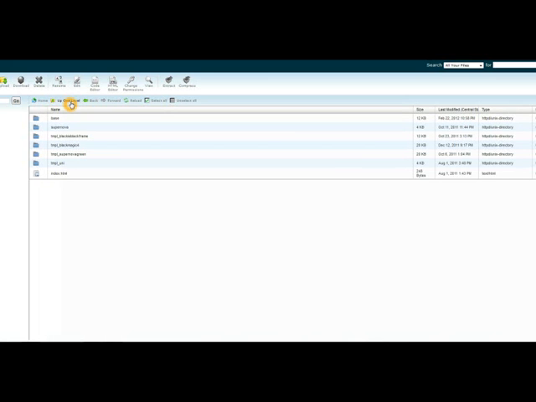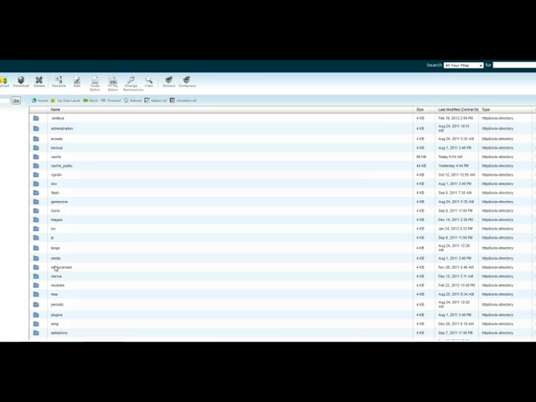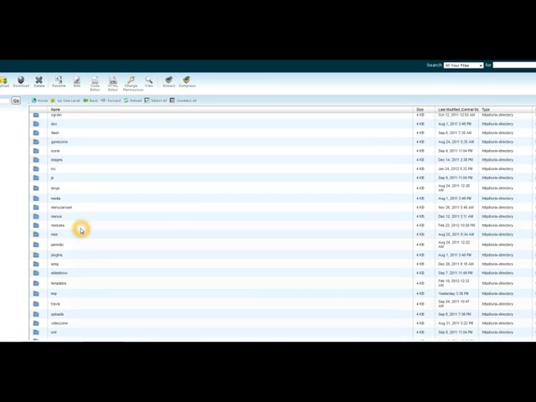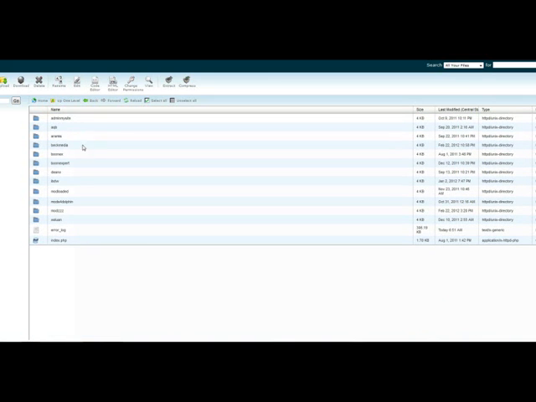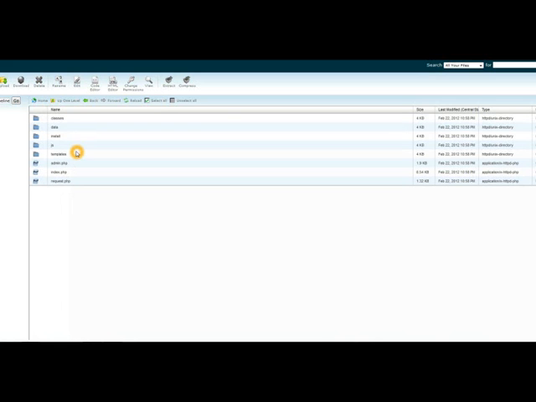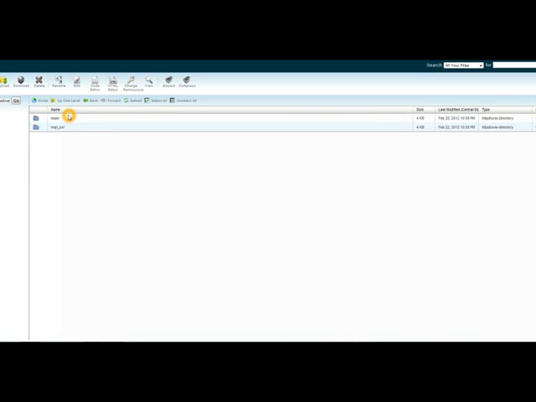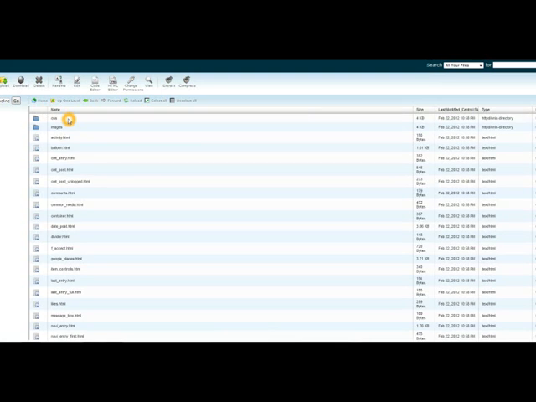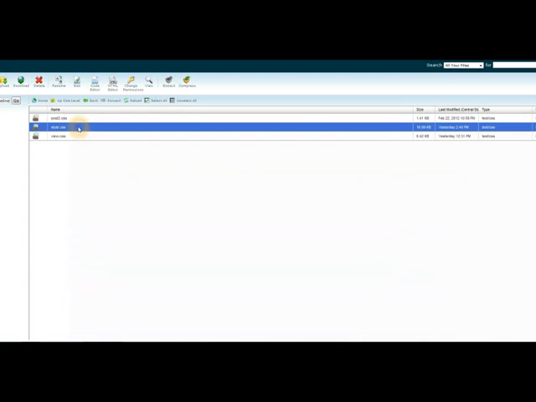Where am I going? This isn't where I want to be. I want to go up here and go to modules, and we're going to go to our timeline module and templates, go to our base and CSS and style, and I'm going to do a little code editing here,